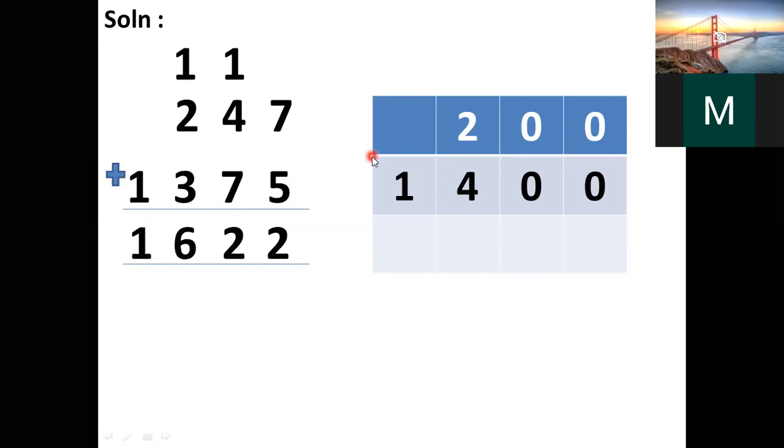Next find the answer of the estimated sum. Estimated means you change the 100's place. Rounding off to the nearest 100, just check whether the tens place value is greater than 5 or less than 5. 4 is less than 5. So you put 0 in the tens place and 0 in the ones place. The 100's place does not change. So you write 200.